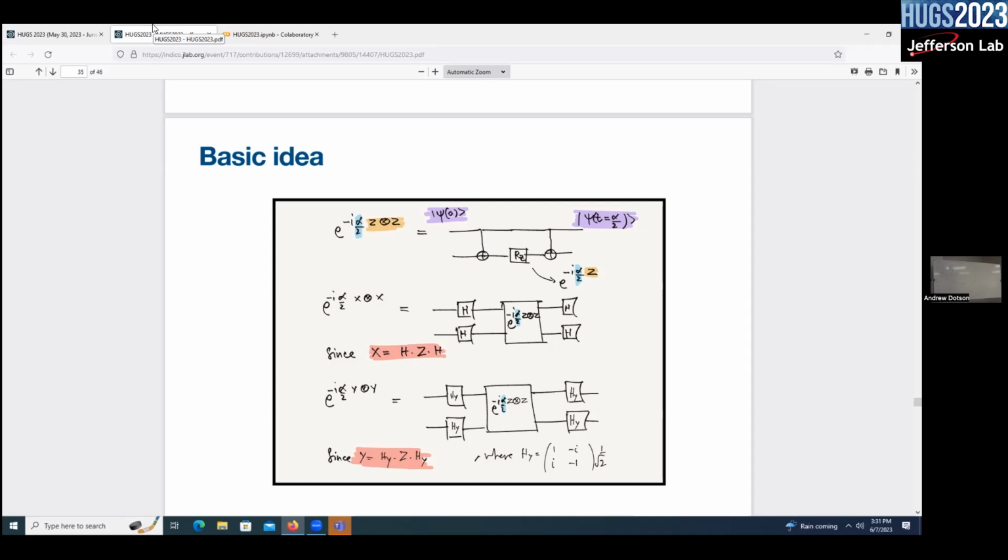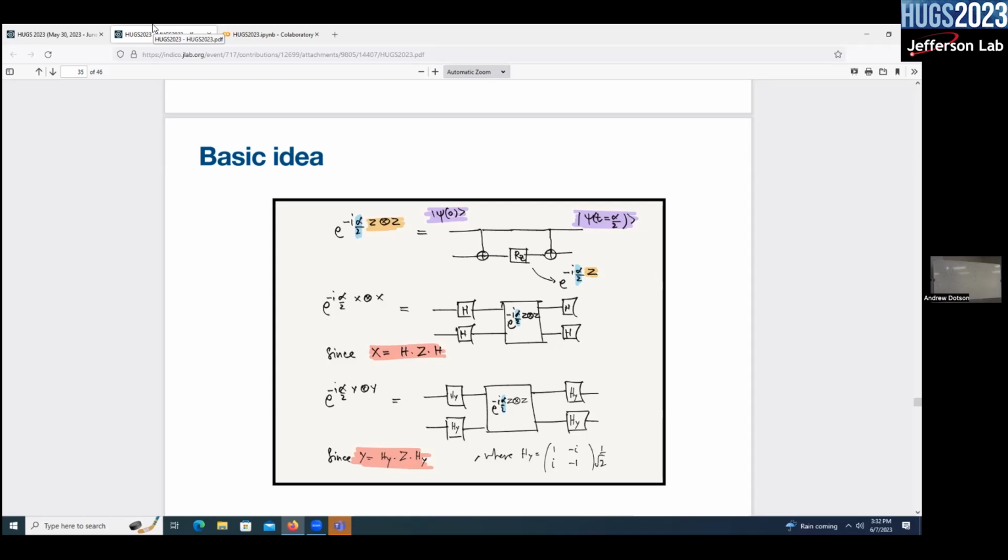If you put a Hadamard on the left and the right of a Pauli Z, you get a Pauli X. And this is exactly what it is. So you take the circuit for e to the power alpha by 2 Z by Z, which is this. Put an H on the left, put an H on the right, and it will give you the time evolution of this circuit. And similarly for Y and Y,